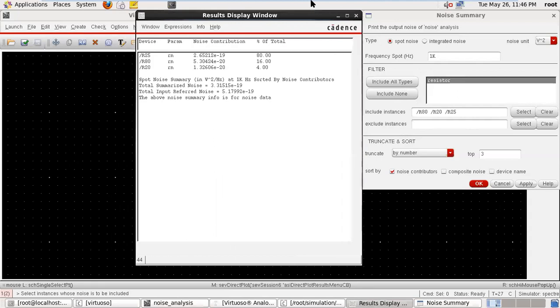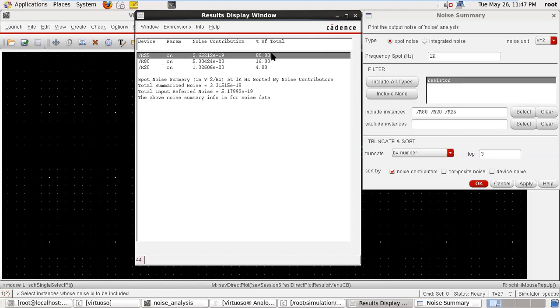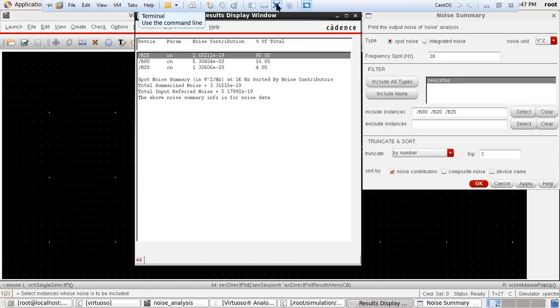So see, this is our result window. The 25 ohm resistance is contributing noise of 2.65 into 10 to the power minus 19, and its contribution of noise is 80%. And we verify this through the theoretical result.